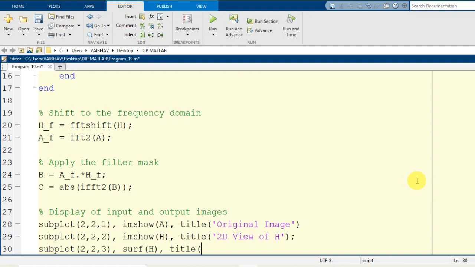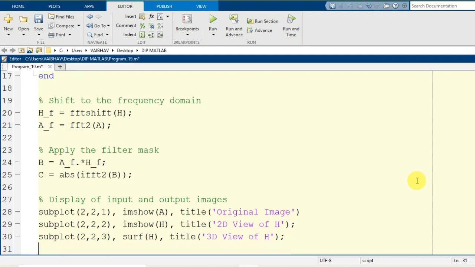The concerned title I will provide, that is 3D view of the filter function H, and finally the last cell of subplot can be accessed. So here I write 2 comma 2 comma 4, where I am going to display the resultant image after we process it with the low pass filtering for the concerned mask generated here, or the filter kernel you can say.